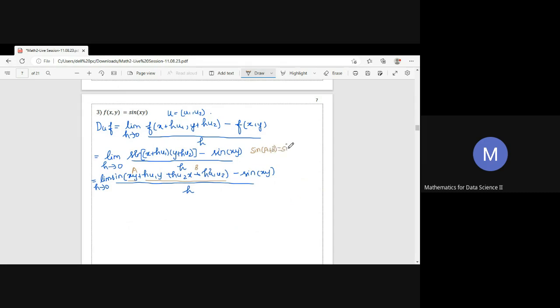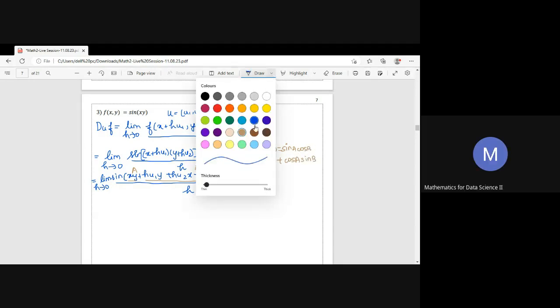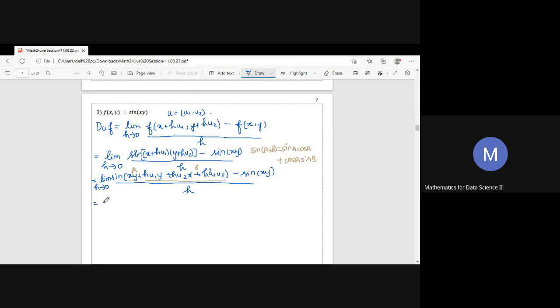Yes, it is sin a cos b plus cos a sin b. Okay, let us apply this formula now. So if you are applying this formula, then limit h going to 0, sin xy into cos of (h u1 y + h u2 x + h squared u1 u2)